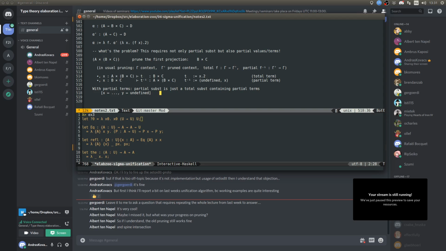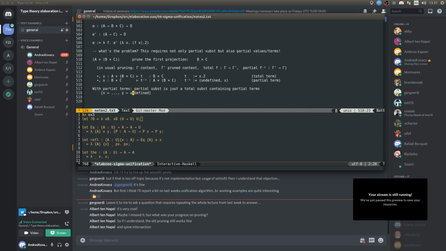And this is a more general notion of partial substitution, because now I can have a partial substitution such that it is only undefined for some subfields of some product type or some sub-arguments of some function and whatever. So it is really more general than the simple notion of partial substitution,